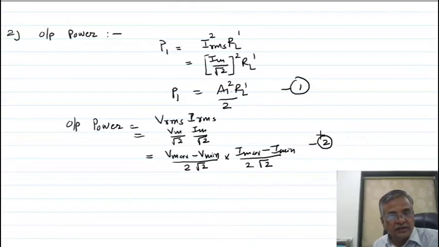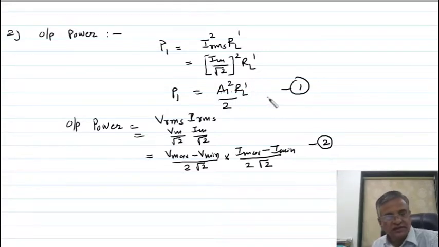It is found that if you calculate the output power with equation number 1 and equation 2, both come out different. So both show different values. So it is necessary to use the correct equation to calculate the output power. Equation number 1 gives the more correct value because equation number 1 also considers the effect of the reflected load RL dash in the output power. So equation number 1 gives a more accurate value of the output power.